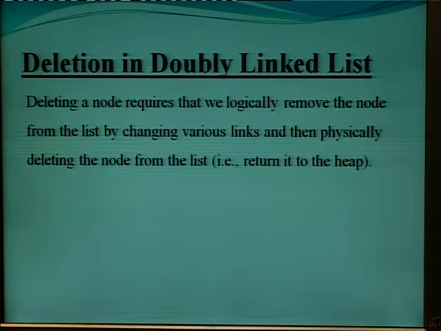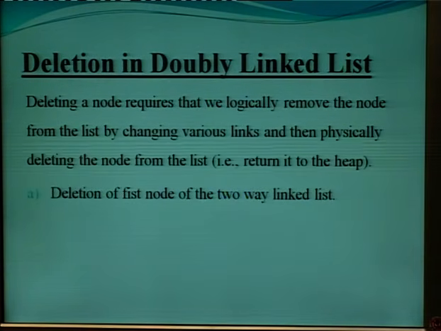So the next topic is deletion in a doubly linked list. Deleting a node requires that we logically remove the node from the list by changing various links and then physically delete the node from the list. Basically, we cannot directly delete the node physically. Firstly we have to delete that node logically, then we have to remove it from the memory location where it is